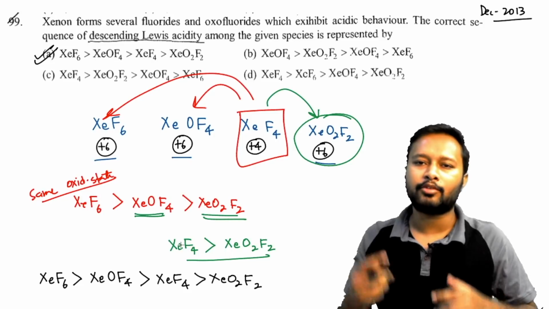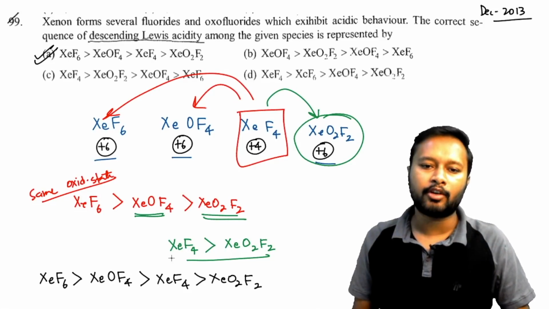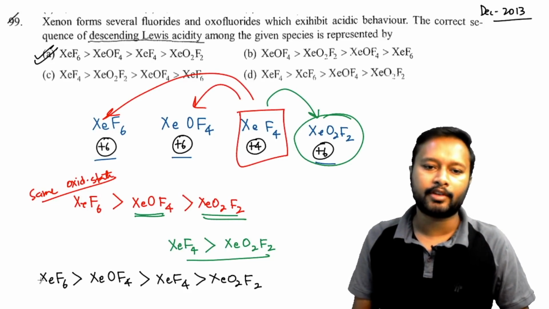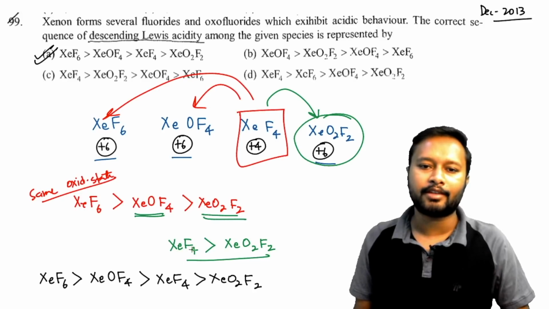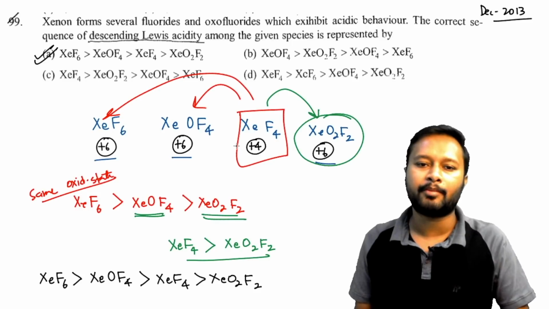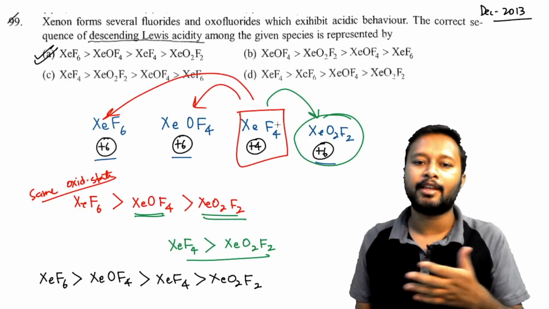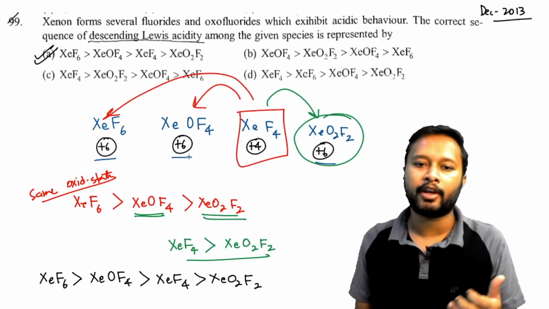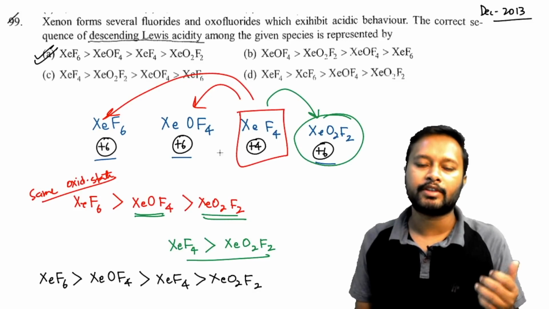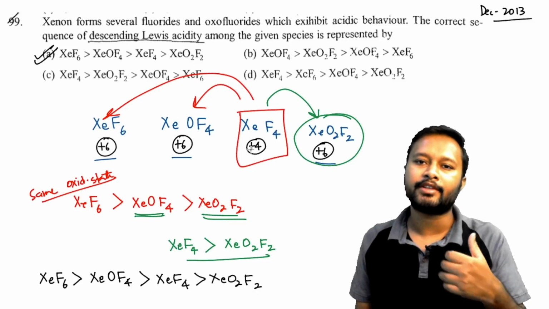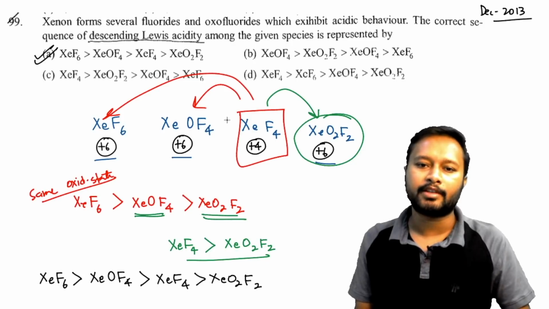So you might be thinking, why have I not placed this before this or this? That's because if you compare these two, the comparison will be done based upon the same number of fluorine atoms. If the number of fluorine atoms is the same, you have to look for the oxidation state. So the lower oxidation state means lower acidity. So this becomes less acidic than this one, so obviously it should come after this.